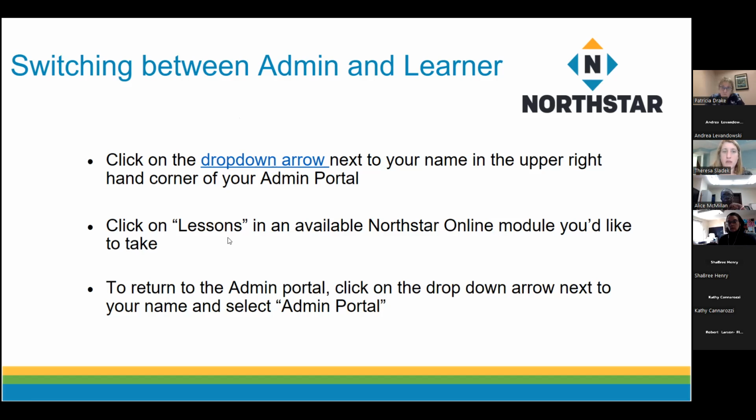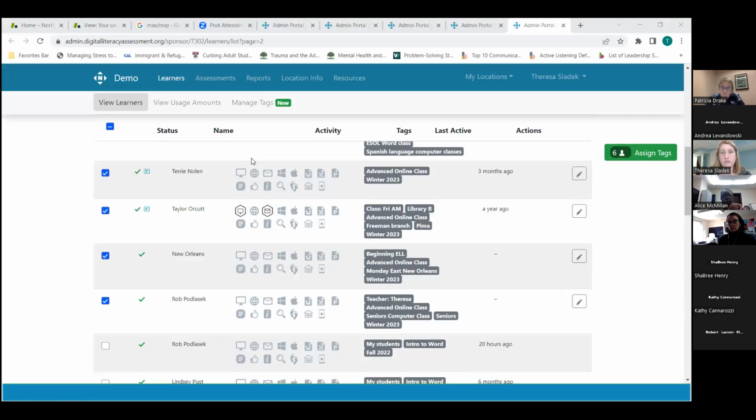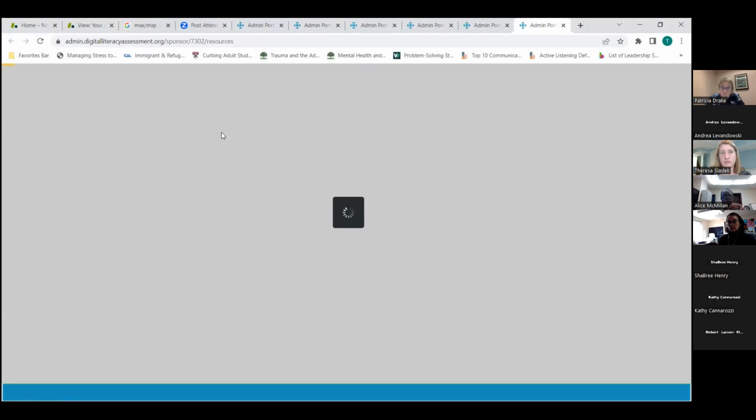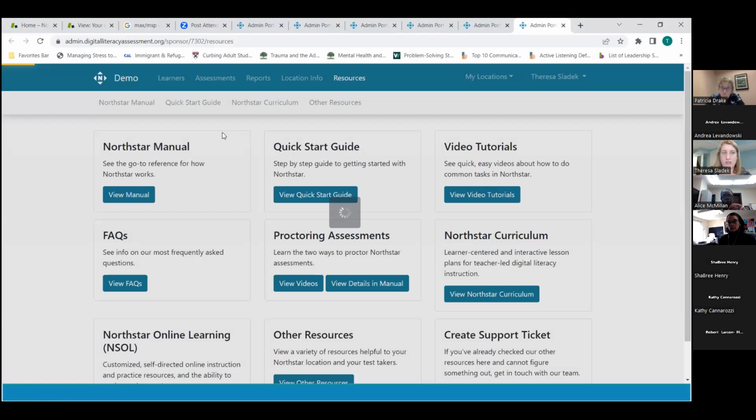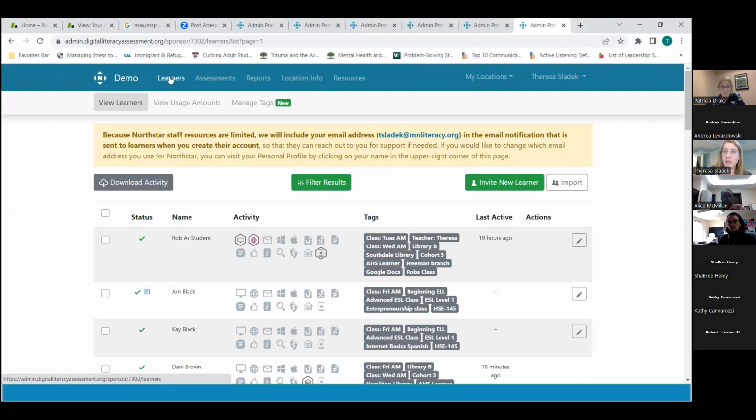So if we are in our admin portal, take a second. Here I am. I'm going to go back to the learner tab. Here I am in my admin portal as a staff person. If you look at my blue navigation bar at the far right, it has my name there. And if I click on the drop-down arrow, one of the options is Northstar Online Learning. So if I click on that,